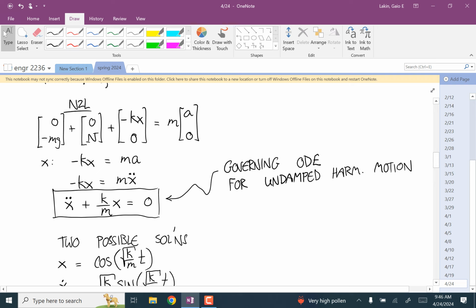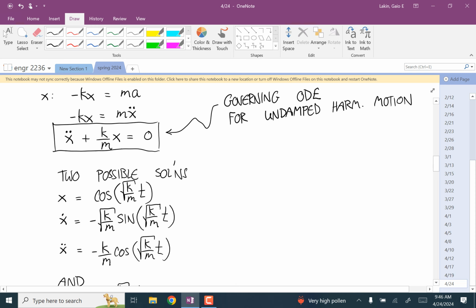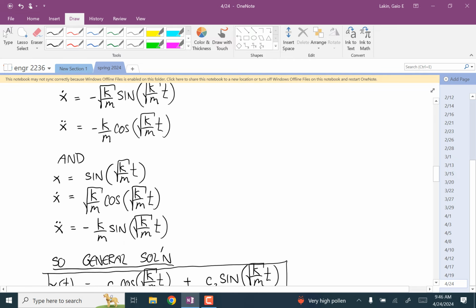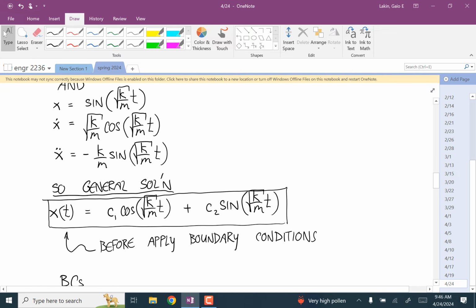For the boundary conditions, you have the general solution and then you have the boundary conditions. Are there any times where the boundary conditions, I guess, don't set C2? Yeah, good question. So yes, you could imagine if you started this thing at time equals 0, this could be at its resting position,